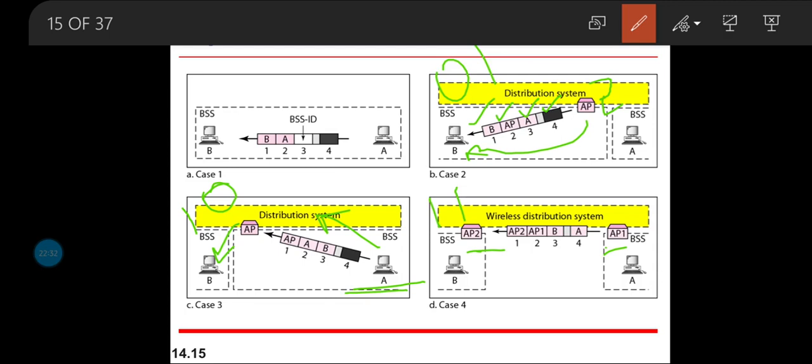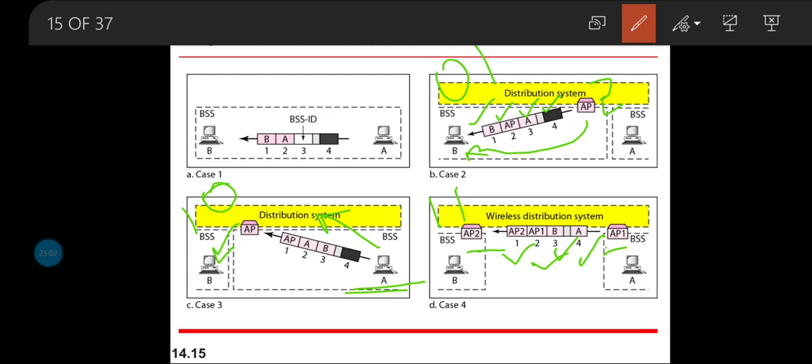So how do we fill address field 1 here? Address field 1 will be the receiver, so the receiving access point address will be filled. The sender's address has to be filled as the sending AP, and then address 3 will be the destination address, which is B, and address 4 will be the source address, which is A. That is how the frame has to be transmitted.